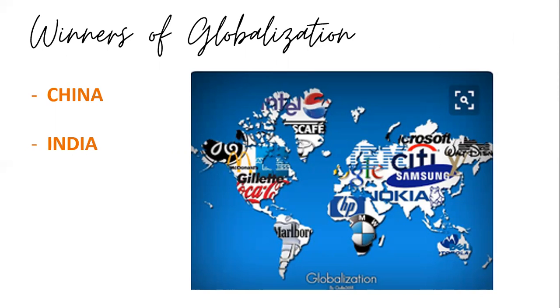as a result of globalization. So China, prior to globalization, was considered a third world country trying to improve itself, but they really got ready for WTO. They signed the document a few years later. They prepared themselves. They worked extremely hard, and over the last 20 years or so, they have become one of the biggest economies of the world.